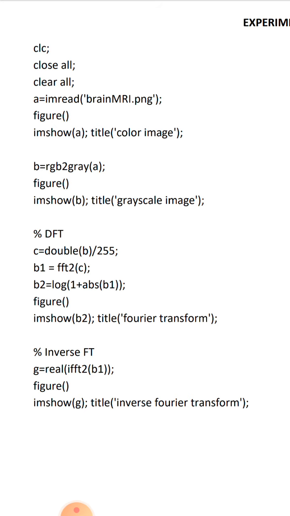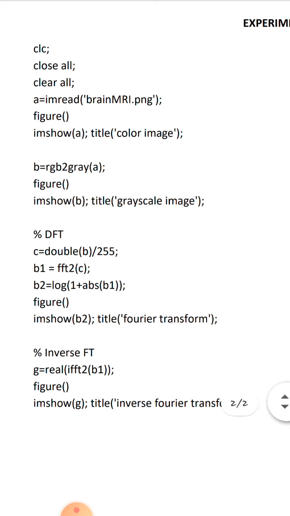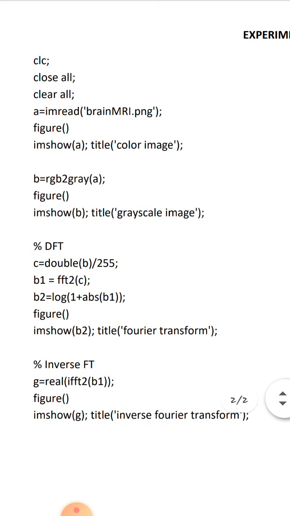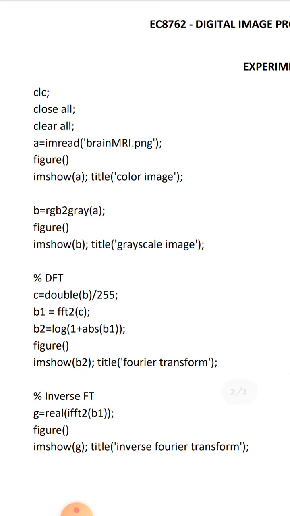Now you are going for discrete Fourier transform. The thing about discrete Fourier transform is that we are working with digital images. So that's why we are doing discrete Fourier transform. Digital is like when you have discretization in both time and amplitude, it is called a digital image, right? So we are going for discrete Fourier transform here, so you have to keep that in mind.